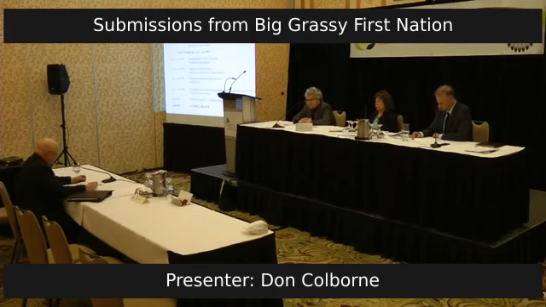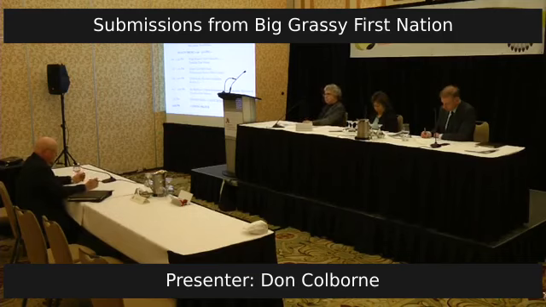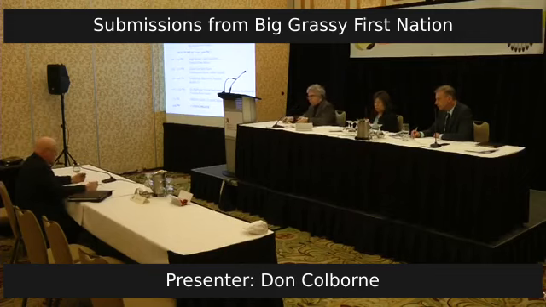The second issue that we identify here is where a specific claim has included information about damages, but the practice is, I think this is quite true generally, that when specific claims are submitted into the negotiation process, very little is included in them about damages, including theories of damages, specifics of damages, and so on and so forth. But in the Big Grassy case, the Crown at one stage at least, early on, was saying, no, if you didn't particularize the damages that you want in the negotiating process, even though that's supposed to be privileged, you can't bring any new variation on your damages claim before the tribunal. As I said, they're not taking that position any longer,